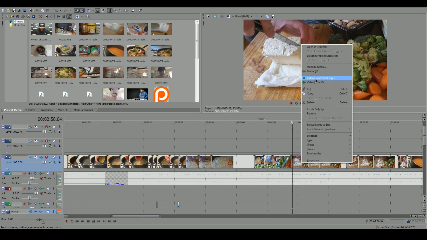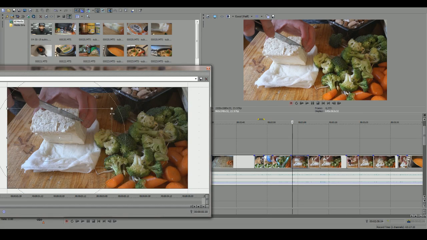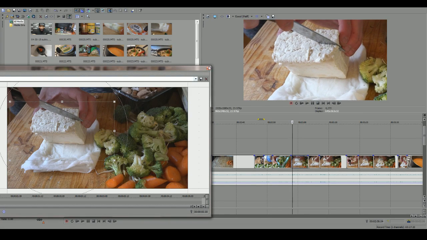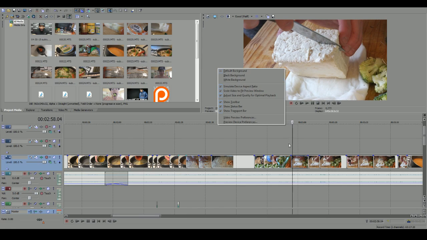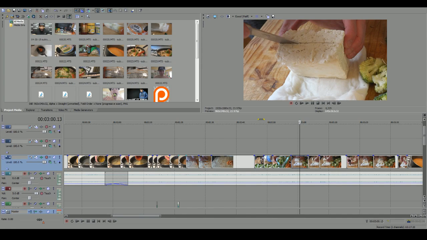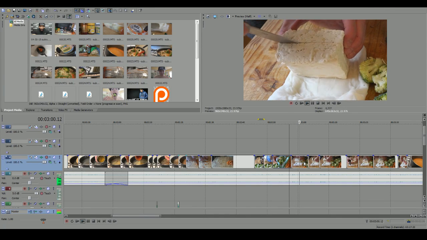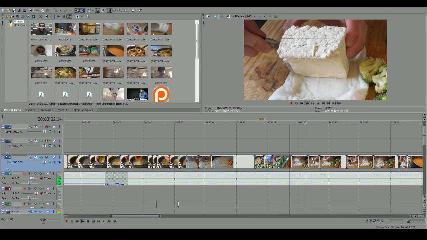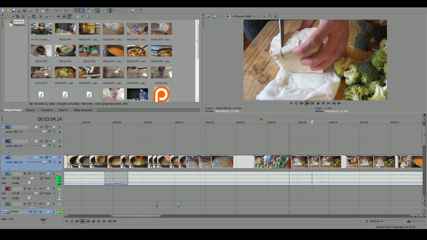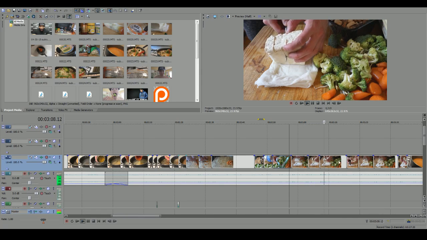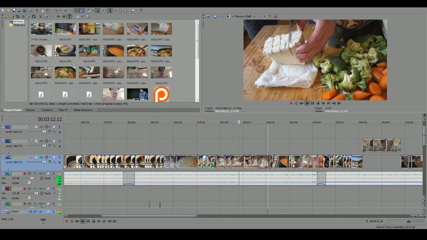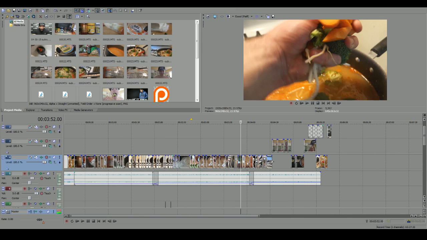But I've already clipped everything so many times at this point that I can't crop every single one of these clips, because now they're all different crops. So you see this one's really cropped in. Watch the next one. Hit this right here. It goes to the other crop I did, and then we'll go back to the full default. Just like that. See? So I don't really want to fix every single one of the crops, which is totally fine. We're just going to leave it the way it is.